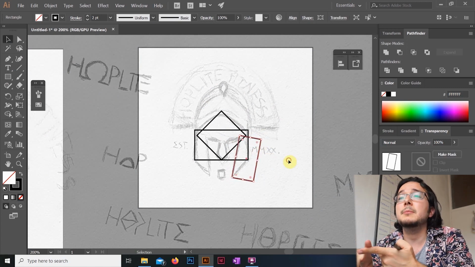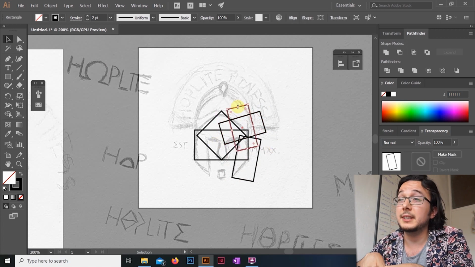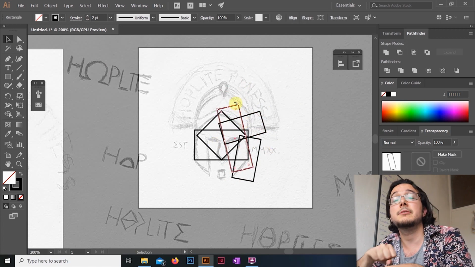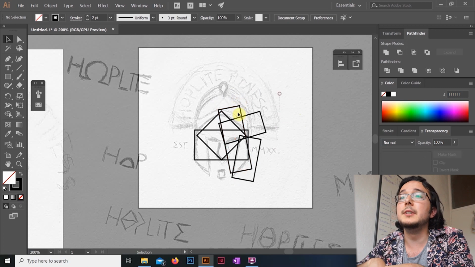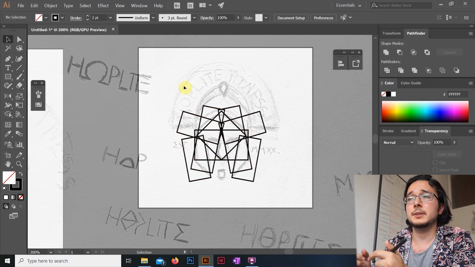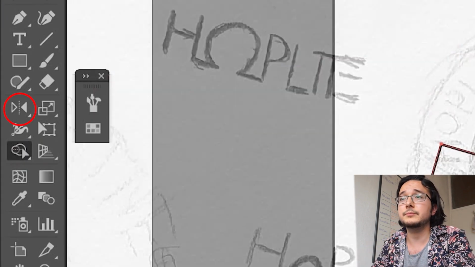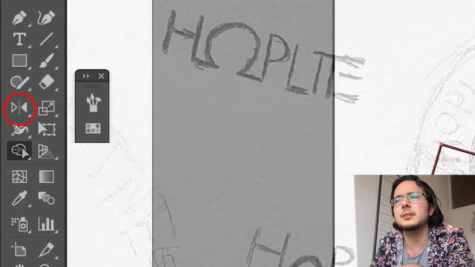What I like to do is take my sketch's opacity down, lock its layer and then draw perfect lines over it on a different layer. Aim for symmetry as well. What I often do is construct one side and then just copy that onto the other side using the reflect tool. I think by default it's under this rotate tool here, if you can see it.